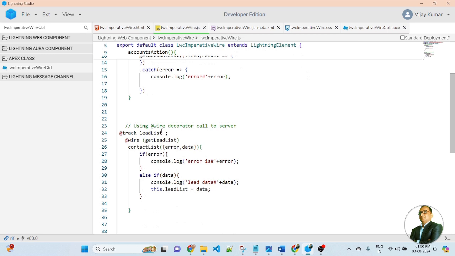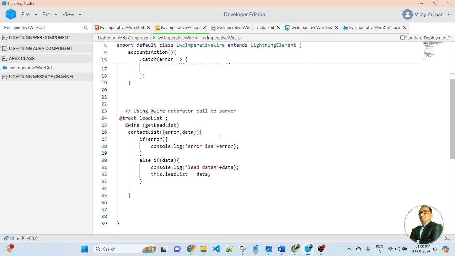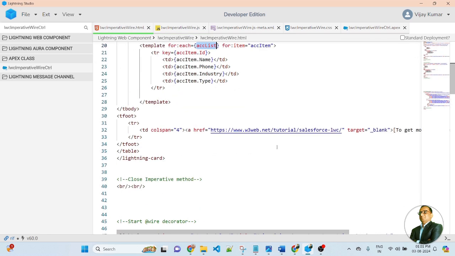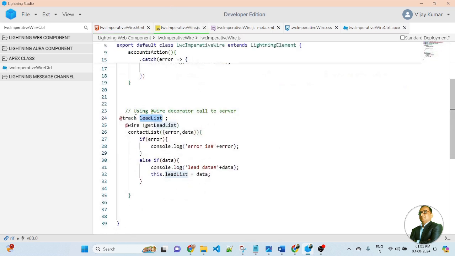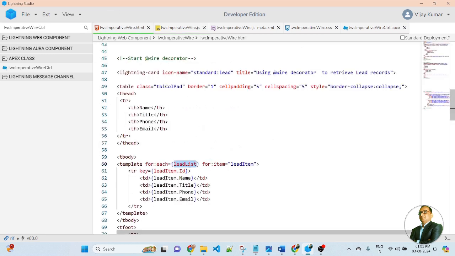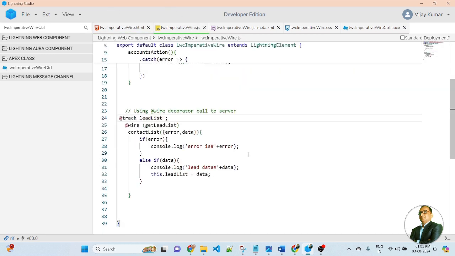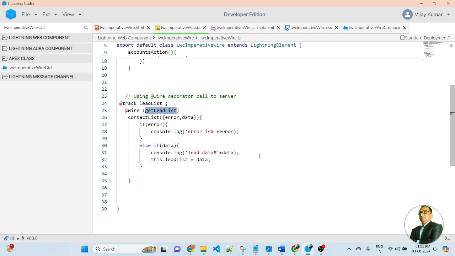Similarly, I am using another service, that is the wire decorator service. So first I am using @track. This is a lead list. This lead list I am applying in the for each wherever I am retrieving the list of lead records. Here you can see I am applying for each lead list. So this track I am applying in the HTML here, and here you can see this is a wire